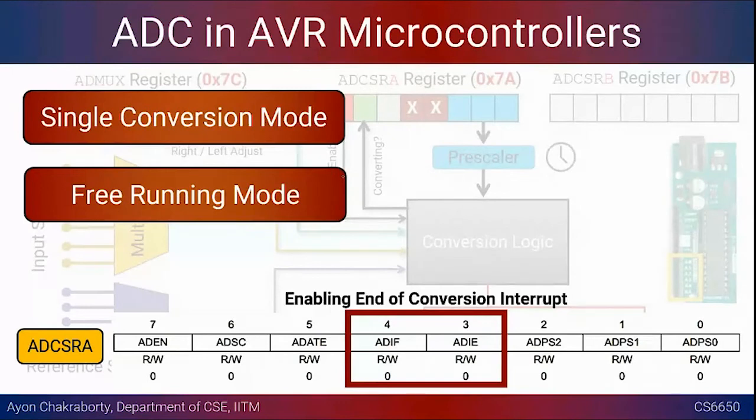And the other way that is allowed in the system is known as the free running mode, where you keep on getting the samples and keep on processing them. Okay, so these are the two strategies in which the reading of the digital values can be implemented, depending on your necessity.